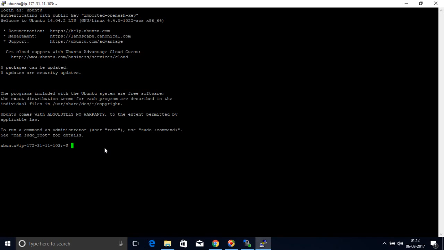If I type a command ls, you can see there is nothing in the root folder right now. pwd, present working directory, is home ubuntu right now. So we will run some more commands. mkdir a, so we are creating a directory a in the home ubuntu. Now you do ls, so we can see a is a directory which has been created. So anything you can do with this machine as a normal virtual machine. So this is how we connected to PuTTY.